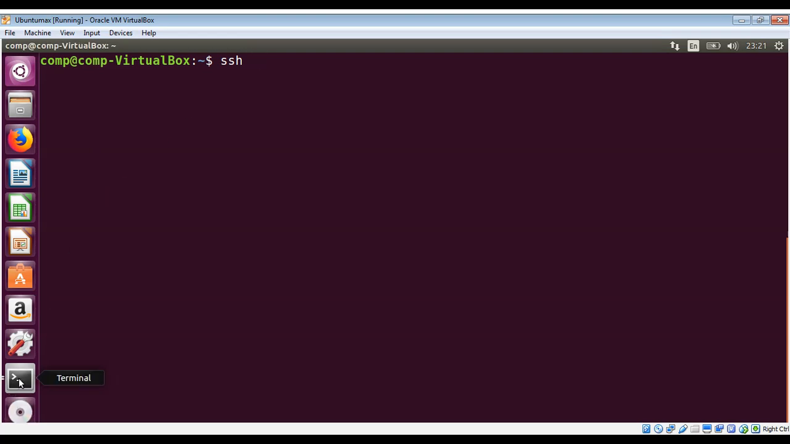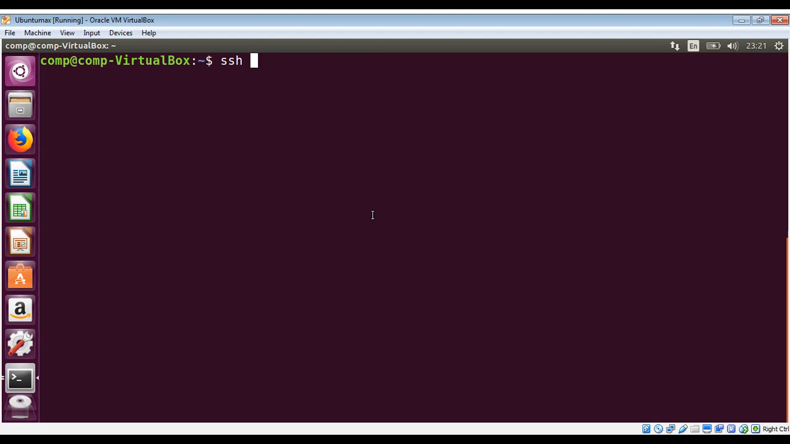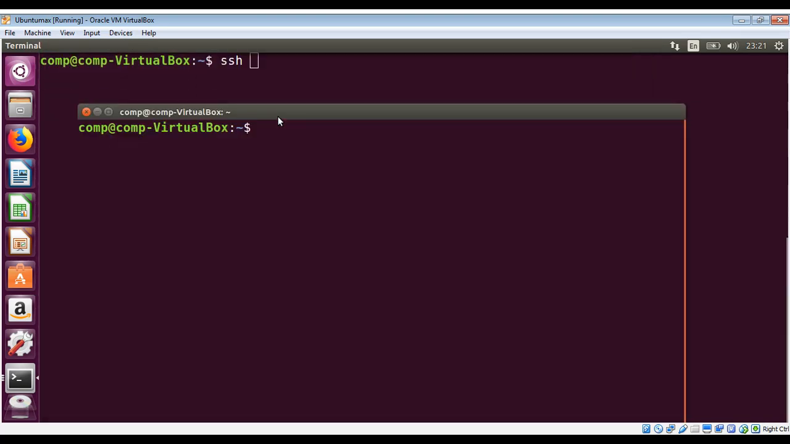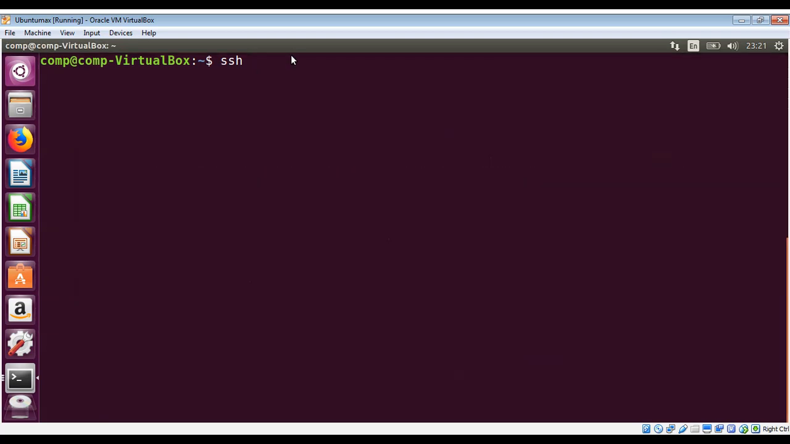I will open another terminal and look up the IP address for this machine. You need to have an account on the remote machine where you are trying to log in with SSH. So over here I will use the command ifconfig, and this is my IP address, local IP. I will just copy this and paste it over there